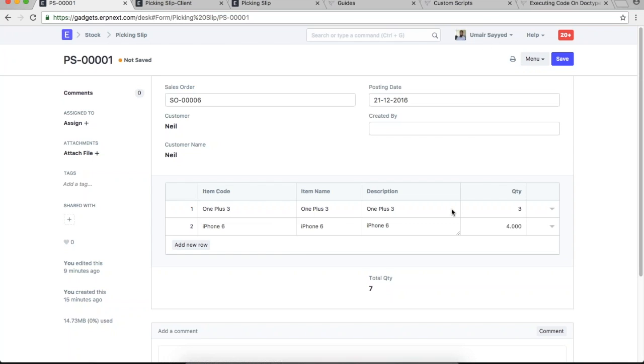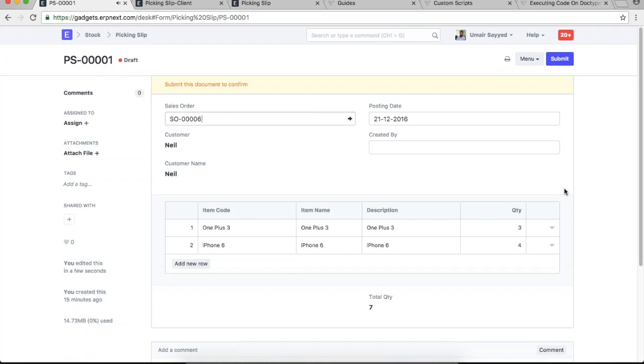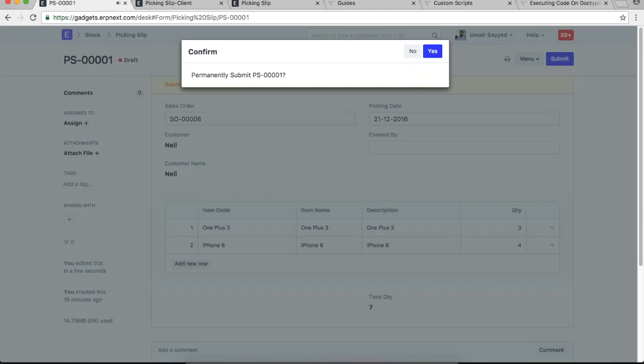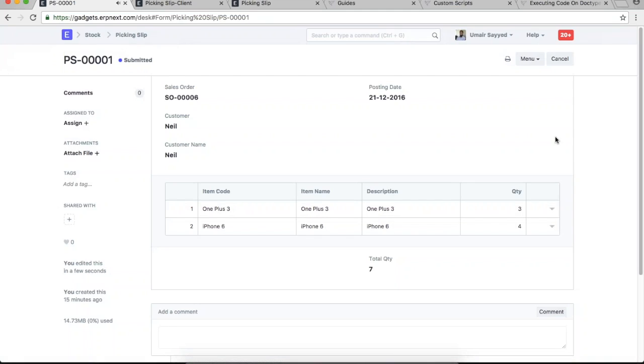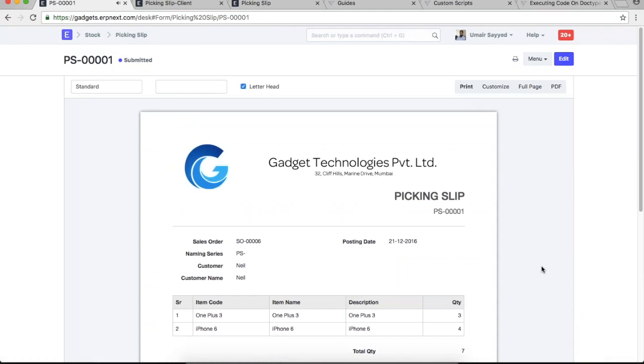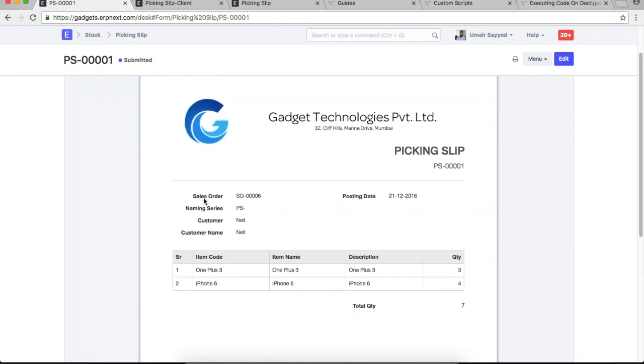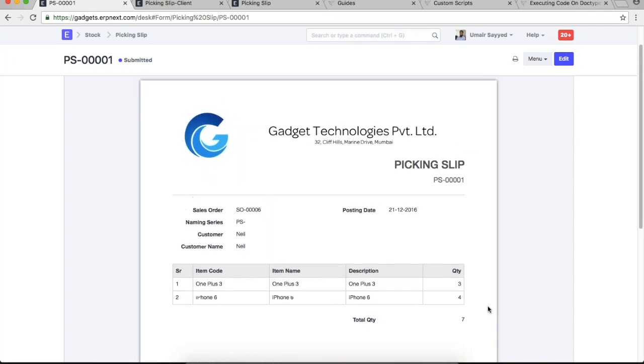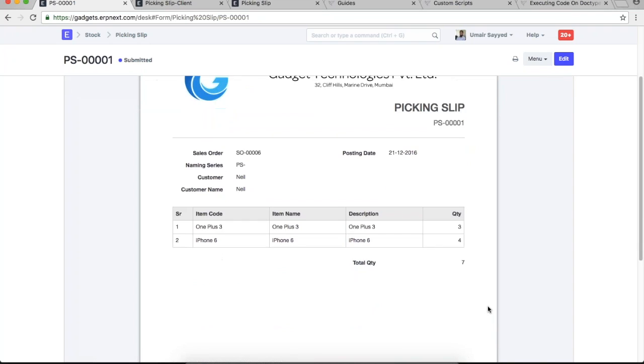Now let's say we have this print format, we have created this packing slip, and we have also submitted it, right? And so we can check the print format. So this is the print format we have. We have sales order, naming series, customer, and this is the standard print format. So if you wanted to make any changes in the standard print format,